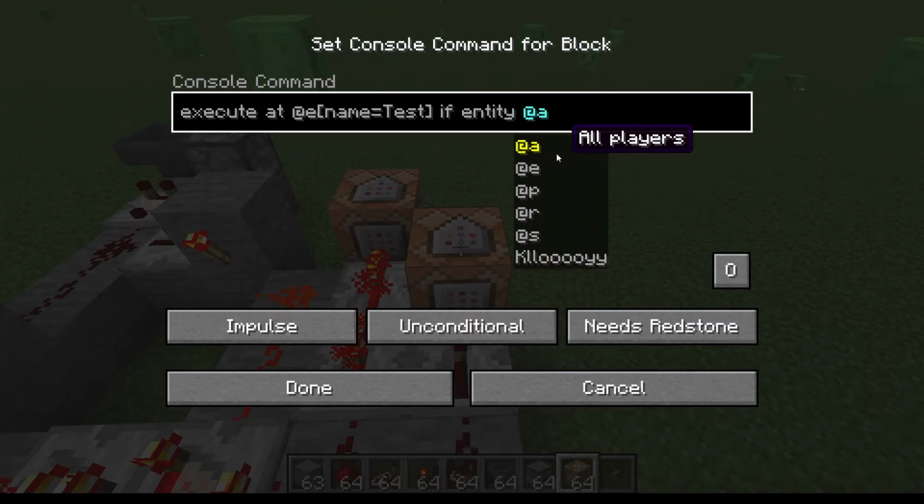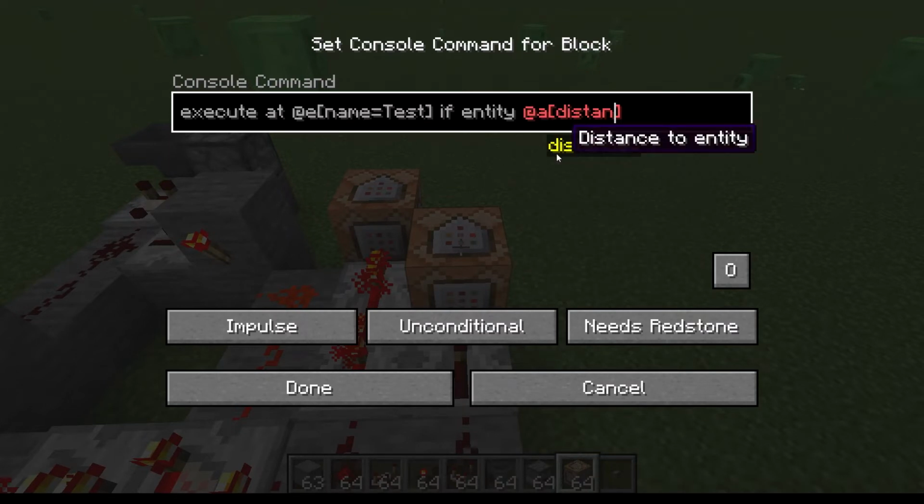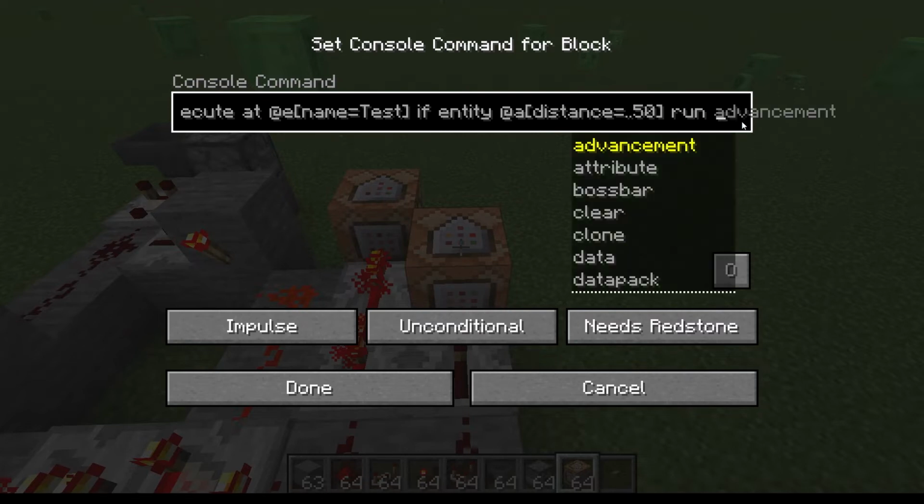We'll stick with all, but I like to put in a distance parameter. So this means that it will only activate if there's a player within said interval. So for instance, if we put ..50, the player has to be within 50 blocks of the entity name test for this command block to actually trigger. So now we could do something like run say hi,